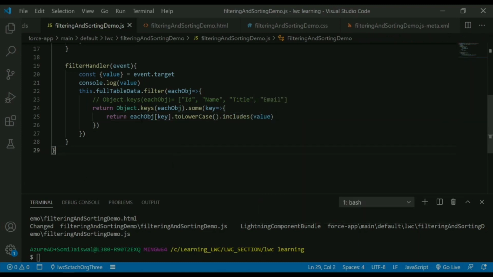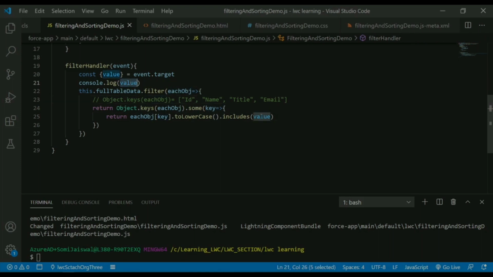So the loop is very simple. We are running the filter method. The filter method does the filtering based on the expression, whether it's true or false. The some method always returns true or false. If it matches something, it will return true, otherwise it returns false. We are running the some loop on all the keys, and it will take each key at a time. It will go inside the object and check first whether the id has what you have typed here in the value